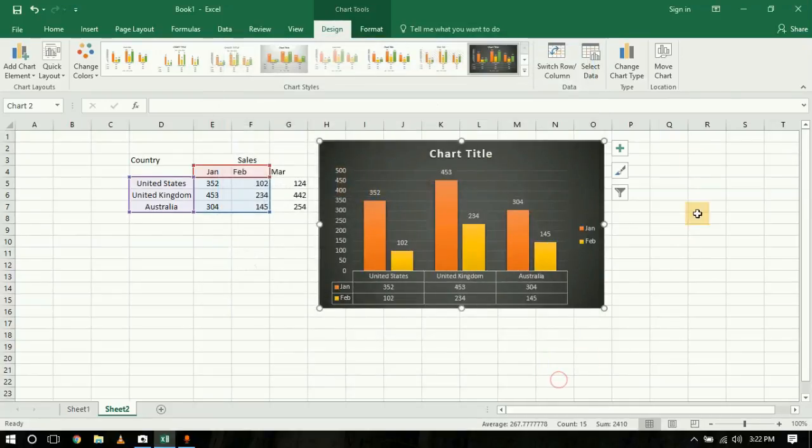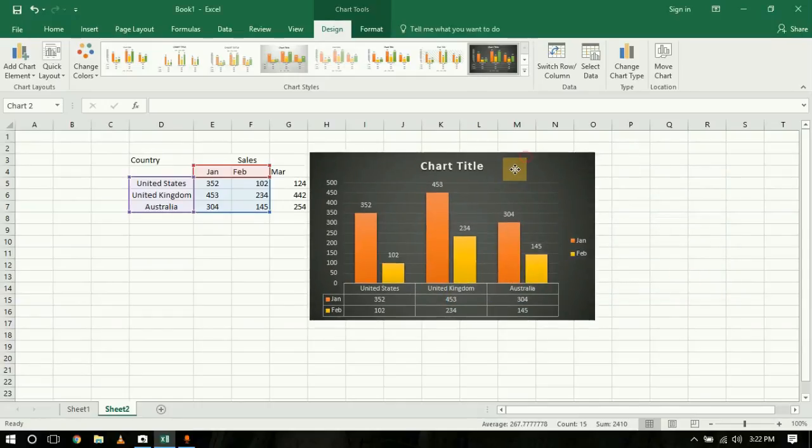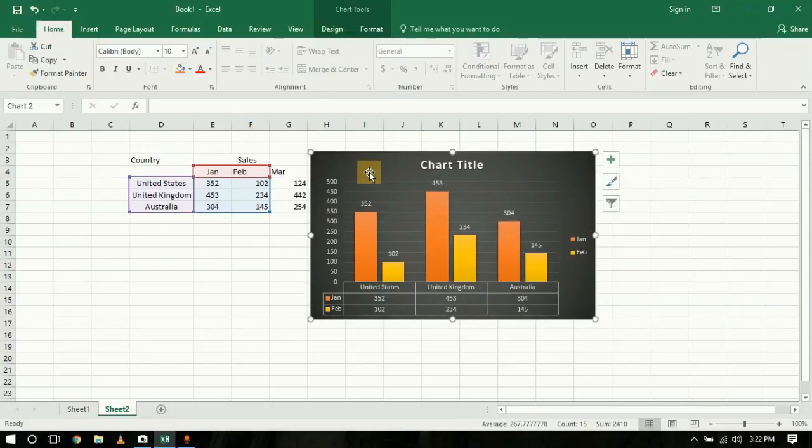So cancel, and move chart is again that if you want to move the chart to another one. This is the chart which we prepared, and it will go to the new sheet. Or if you want to put it as an object in Sheet 1, you can do that here as well. Or if you want to have all the charts in one sheet, you can do that by selecting this. Okay, let's cancel this, and hope this would help you in preparing some charts and all,